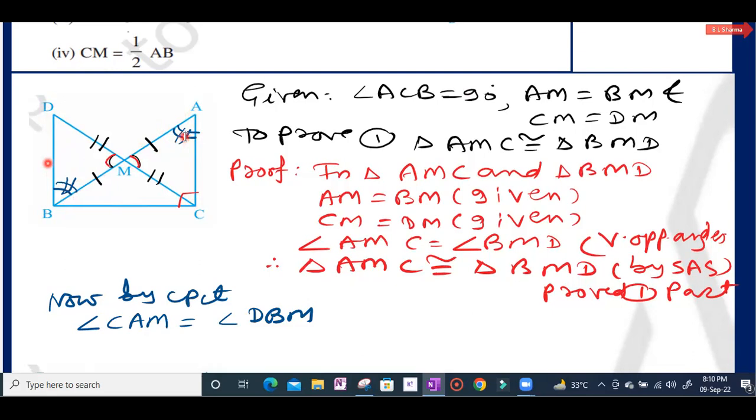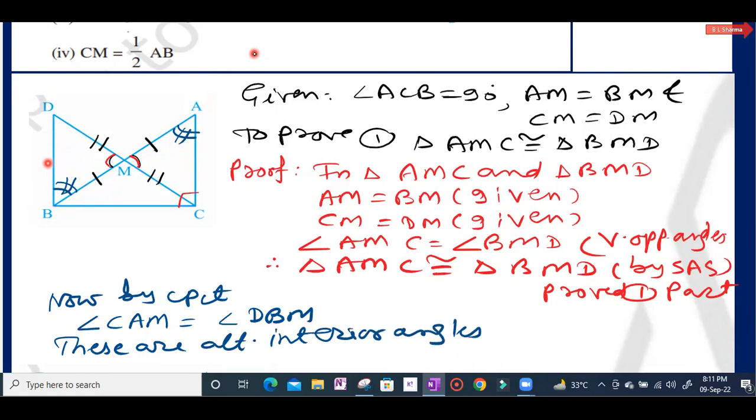And as soon as a transversal joins two lines and alternate interior angles are equal, the two lines are parallel. So we can say that these are alternate interior angles. These are interior angles and they are also equal. That is why we can say that AB is, sorry,